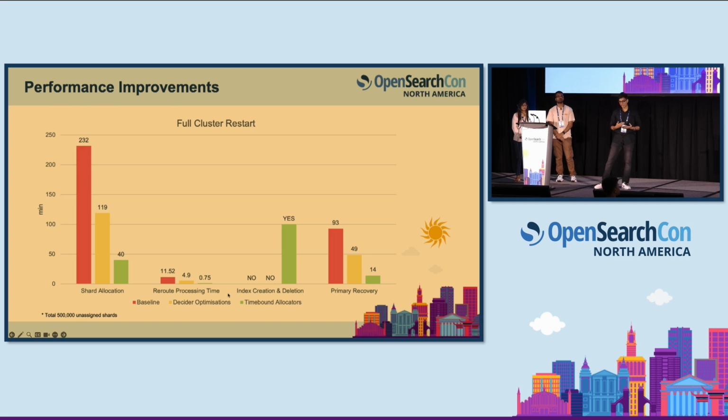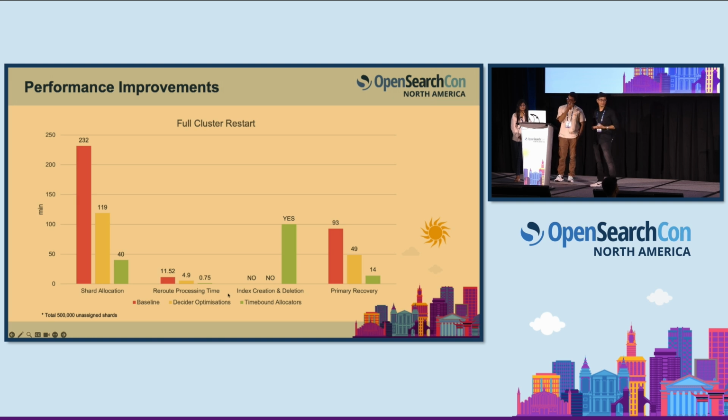Post the reroute allocator time bounding that we have added, we were able to allocate all the unassigned shards, I'm talking about the empty shards here, all the unassigned empty shards within 40 minutes. Talking about the reroute processing time, earlier the P99 was 11.52 minutes. After decider optimization, it went down to 4.9 minutes, and post the time bounding allocators, we were able to get